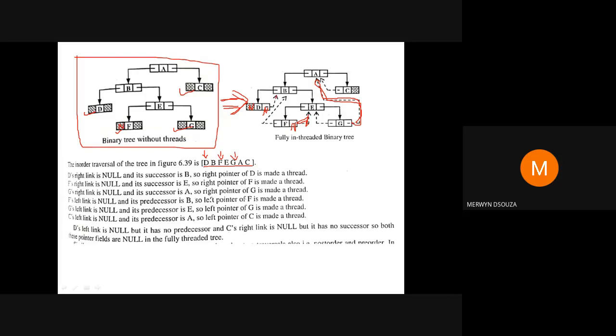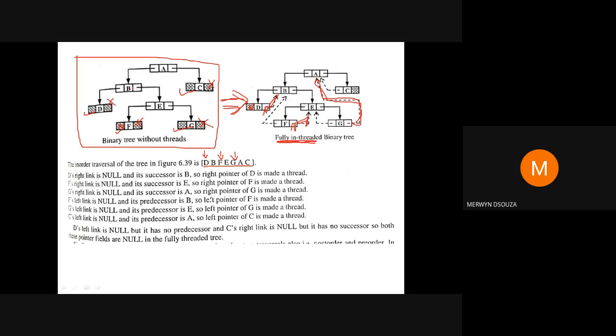So for the left null pointers, we have done all the work. We have replaced all the left null pointers that we could replace. Now we want a fully in-threaded binary tree. In a fully in-threaded binary tree, like I showed you in the previous slide, both the left and the right null pointers are replaced. So for the right side now, you have to find out the in order successor of these nodes. You have a right side at D, at F, at G, and at C, only the null pointers.